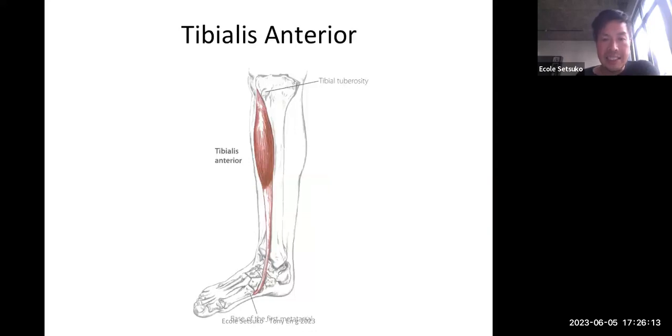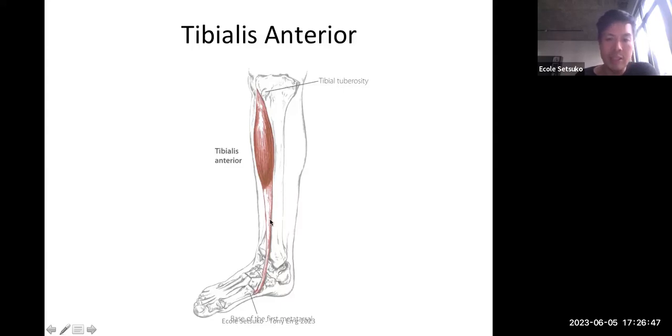And then tibialis anterior on the front, on the anterior part. See how it crosses. So from the lateral epicondyle of that tibia it crosses over to the front of the tibia. It's going to anchor onto the anterior bone right there. And then you can see it's all tendon, and then goes under into the first cuneiform and the first metatarsal